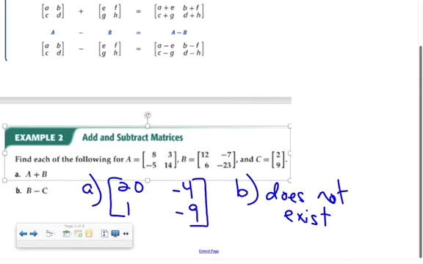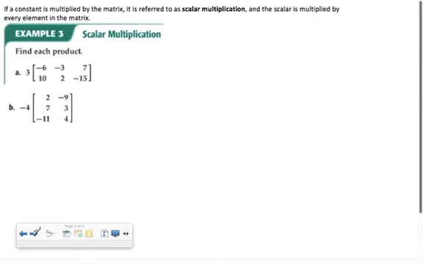You can only add or subtract matrices that have the same dimensions. In example 3, we're doing what is called scalar multiplication. So you're taking a constant, a number, and multiplying it by the matrix. So what you're doing is taking each term, each element, in the matrix and multiplying it by the scalar. So for part A, my new matrix